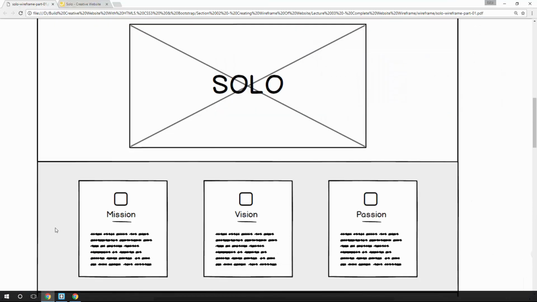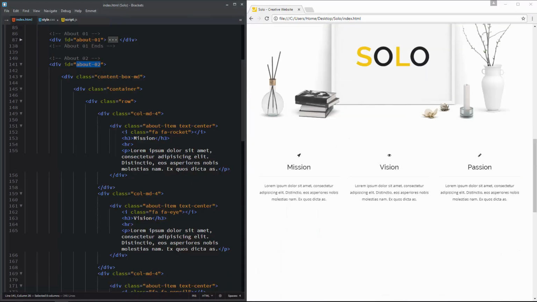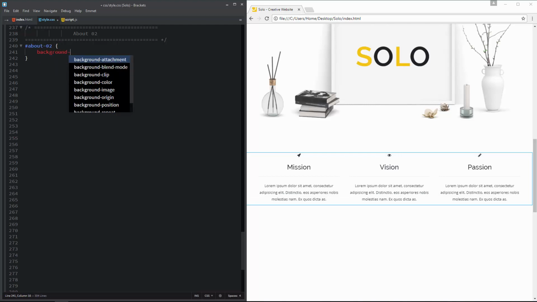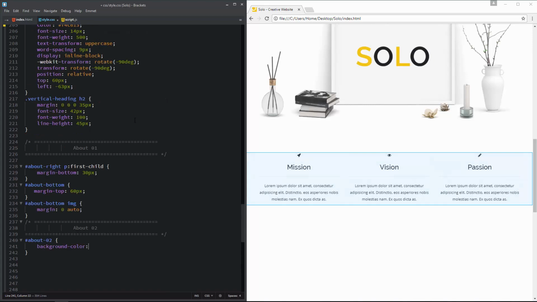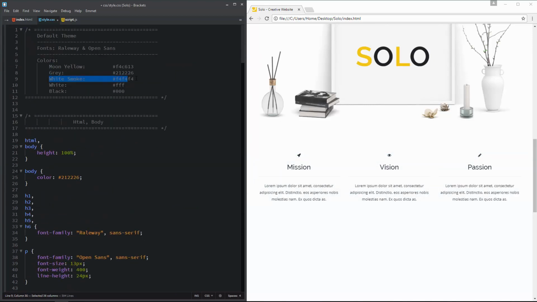If we look at the wireframe, we have to set a light gray background for part 2 of the About section. So the very first thing I want to do is to set the background color for this main wrapper. I'm going back to style.css. Now I am going to select the main wrapper for part 2 of the About section with its ID, and the ID value is about-02. And I want to set the background color, and the color I want to set is this white smoke color.